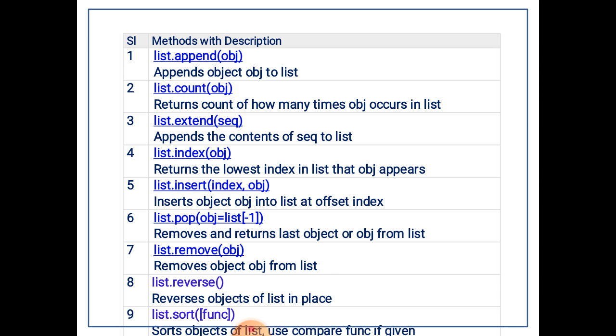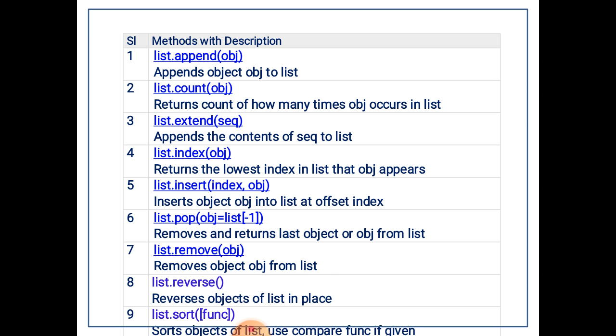list.pop, obj = list.pop(): -1 is the rightmost element in the list, so it removes the last object. list.remove(obj) removes an object obj from that list. list.reverse reverses the objects of the list in place.